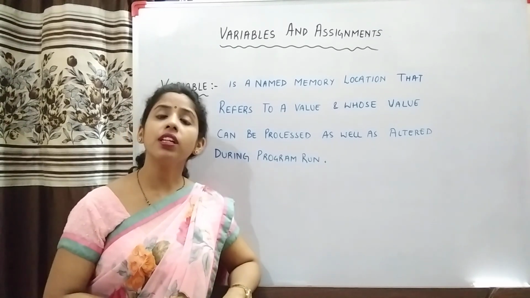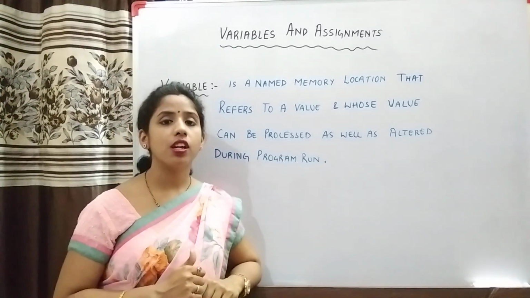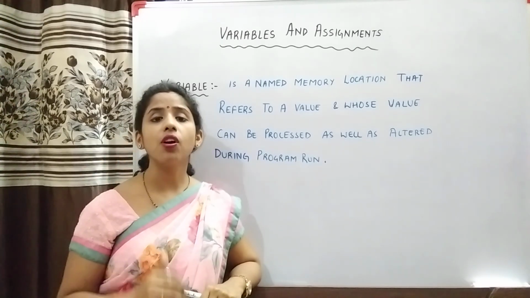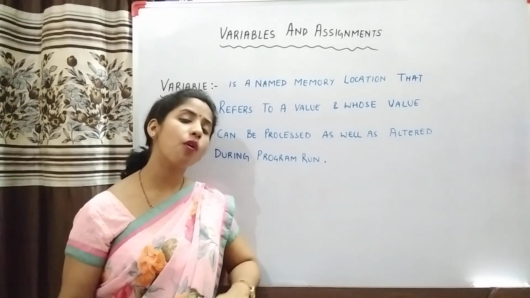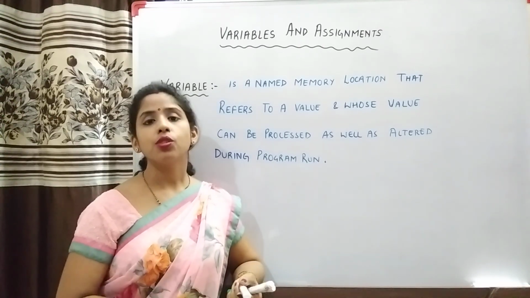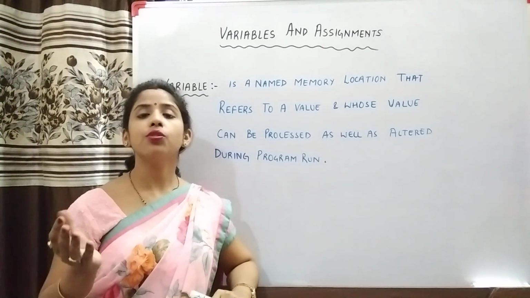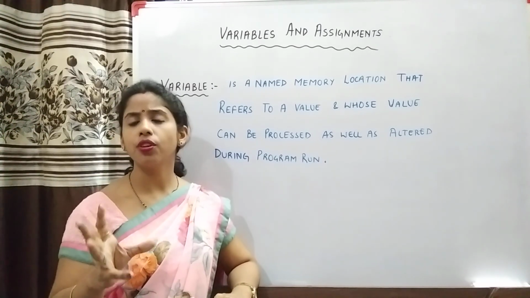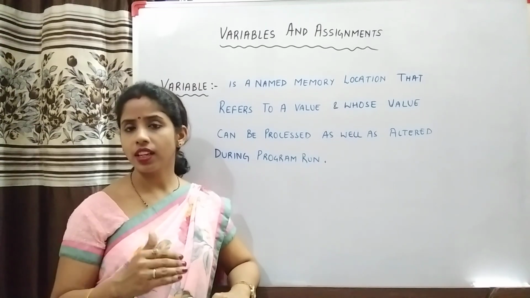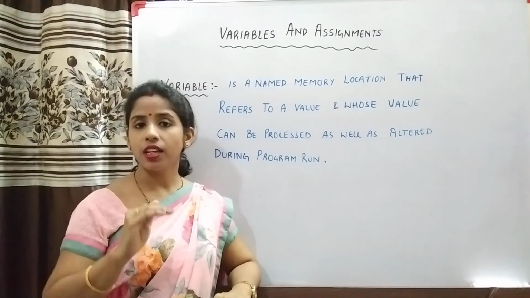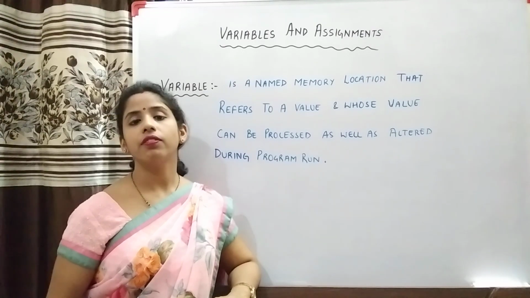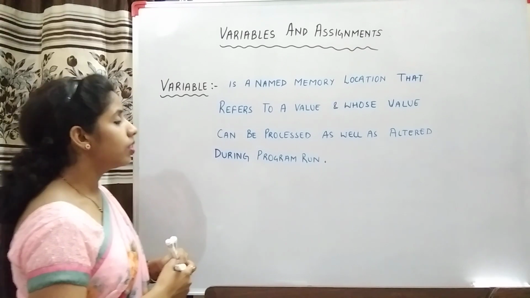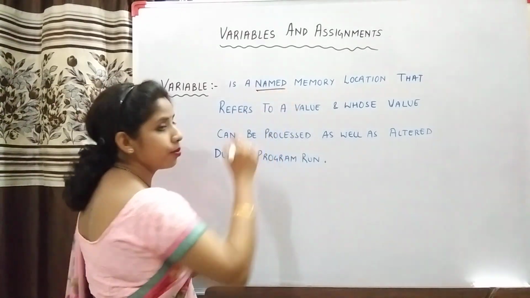throughout your program. But it is not possible for us to memorize the memory addresses of RAM, because these addressing schemes vary from one system to another. So the solution was to give a user defined name to that memory location, which is assigned to your variable, and then use that name to refer to that value throughout your program. Okay, so that is why a variable is a named memory location.